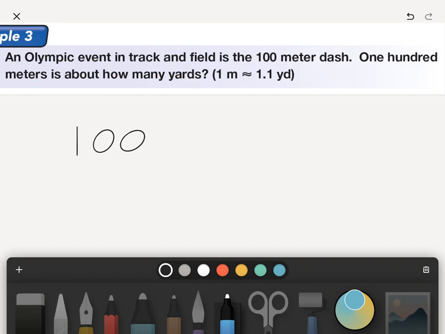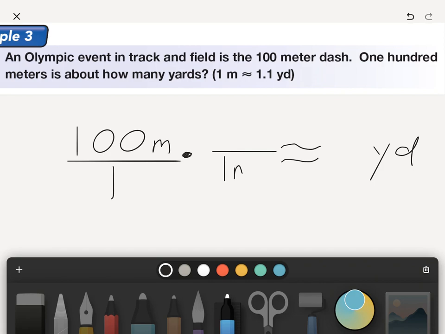I'm going to have 100 meters on this side, right? I'm going to multiply by a unit converter. I'm going to do a couple wavy lines because it's not exactly equal to. And then I'm going to want to end up with yards when I'm done. So I'm going to set up my imaginary over 1 there, and then my unit converter, since I want to get rid of my meters, right? So 1 meter can go on the bottom, and then my unit converter,